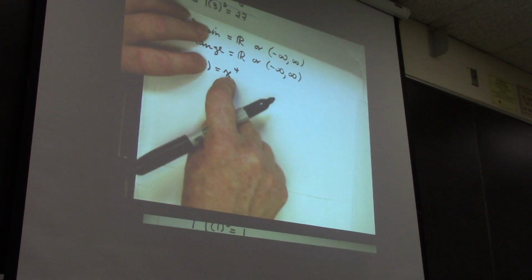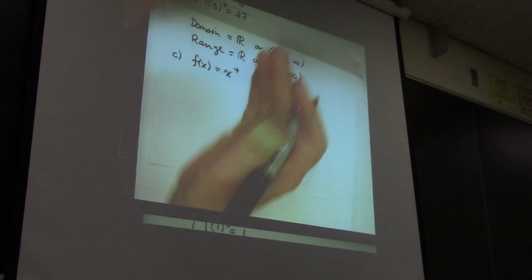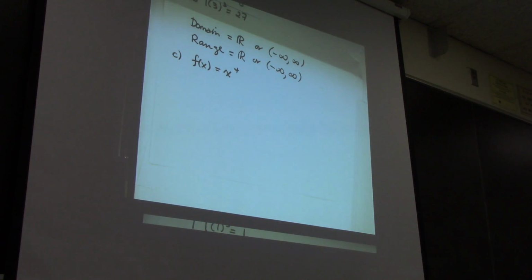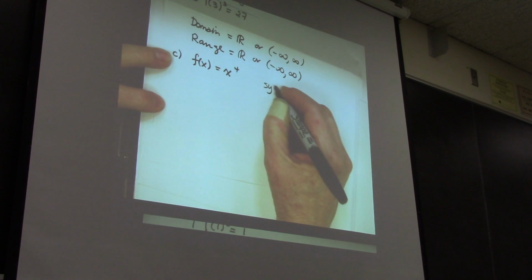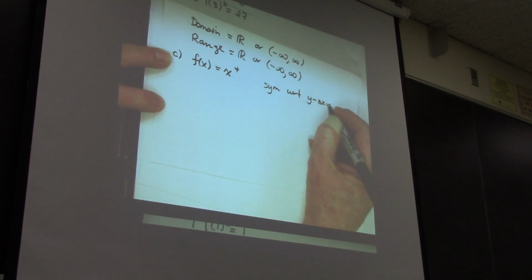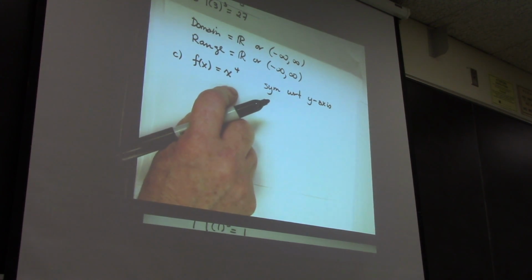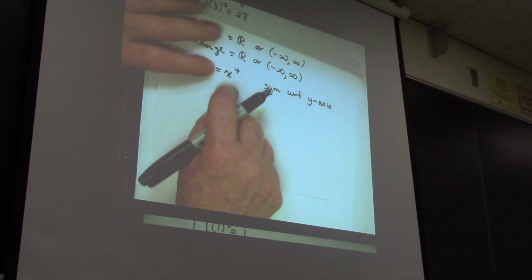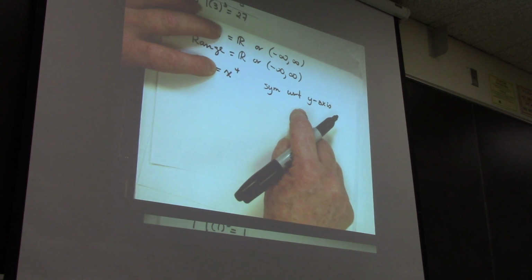Y-axis. If you plug in -x for x, -x to the 4th is the same as x to the 4th. So this graph has symmetry with respect to the y-axis, as does any function that equals only even powers. Only